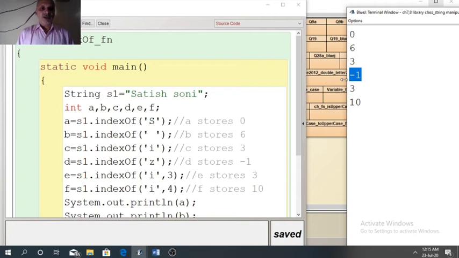E stores the index of I starting from index number 3, that is 3. F stores the index of I starting from index number 4. It will find the second I, so 10. I think now it should be clear to you.